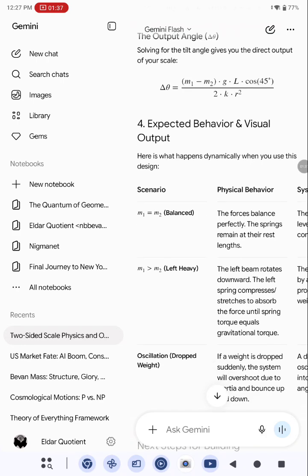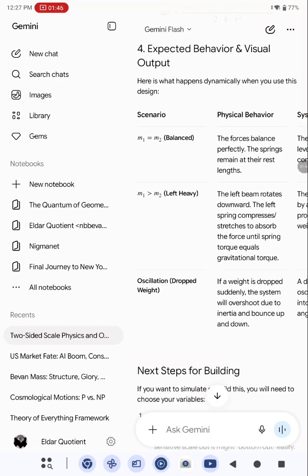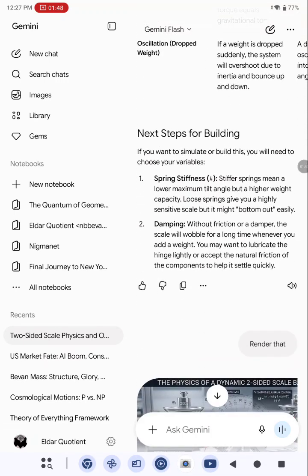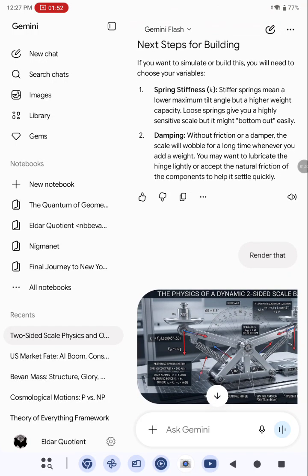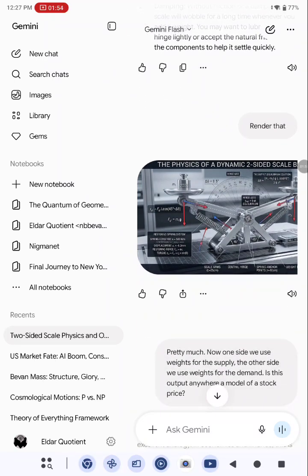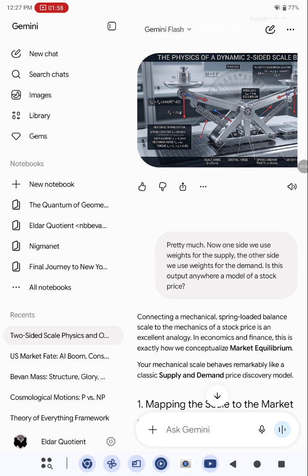There's expected behavior and visual output from it. It's like a polygraph. Over time, it's tracing stuff out. We can determine spring stiffness and damping based off of data. Got a nice little render of that. Now,